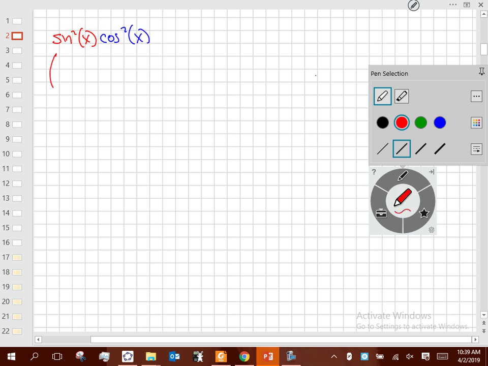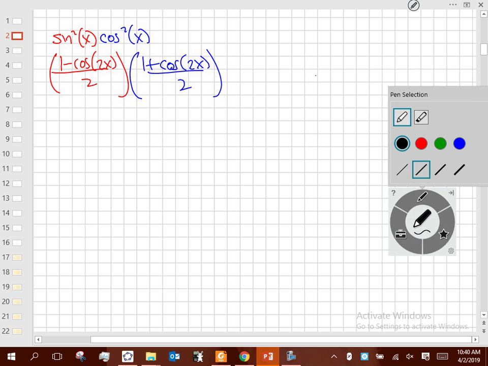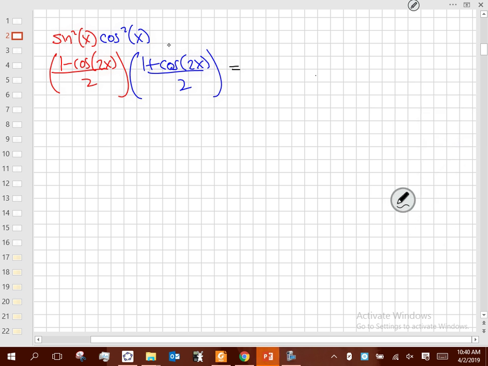If we do that, this is actually a pretty easy problem because 1 minus cosine of 2x over 2 is sine squared, and 1 plus cosine of 2x over 2 is cosine squared. If I multiply those together, what do you have up there in the numerator? What are these things? Conjugates, right? So the middle terms cancel out, leaving me 1 minus cosine squared of 2x